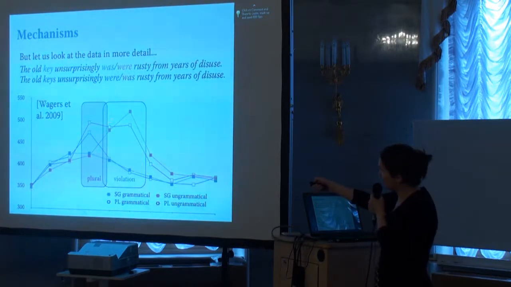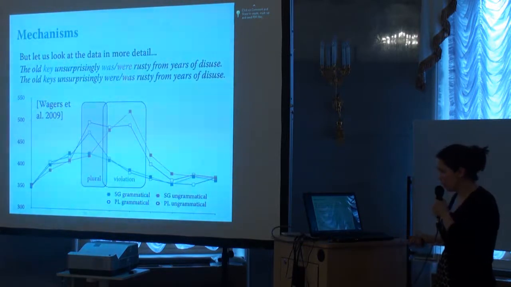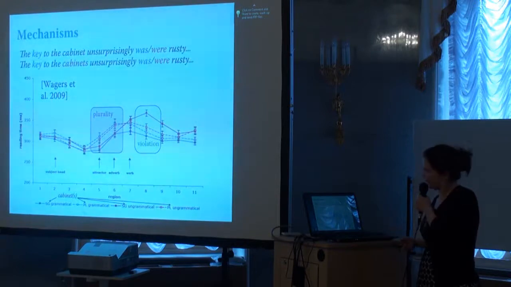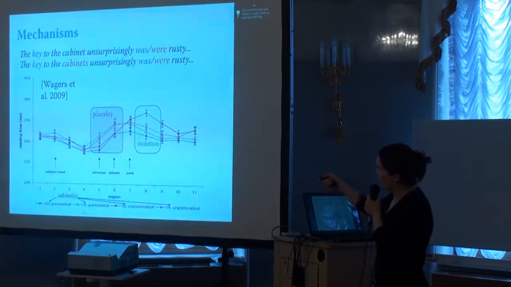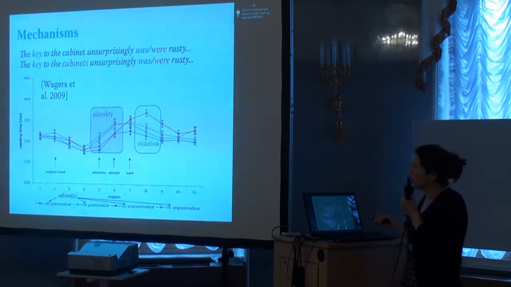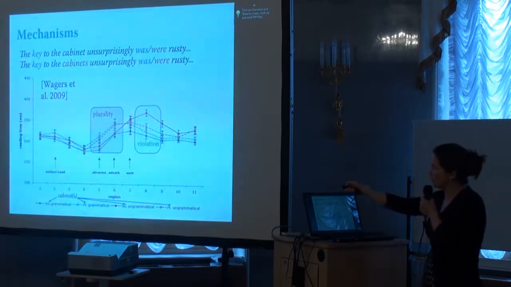And then at the following stage, you have two correct sentences here, in singular and in plural, so the key was and the keys were, and two incorrect sentences up here, key were and keys was. And then they look at these agreement attraction cases with possible grammaticality and ungrammaticality illusions,